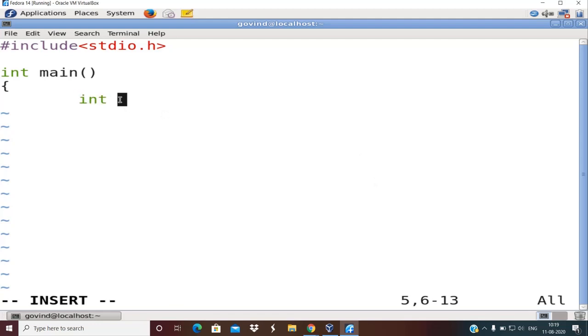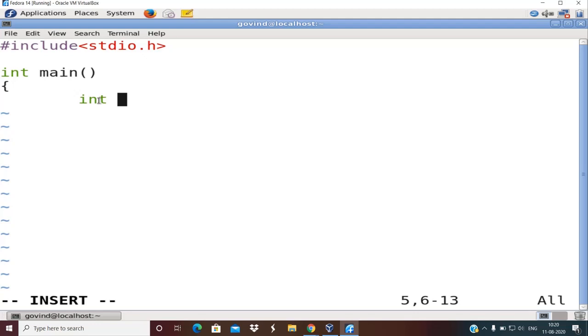There are actually four fundamental data types available in C: int, char, float, double, and optionally there is one more called void. So there are basically five fundamental data types, and out of them the most used ones are four: int, char, double, and float. int refers to integer data type, float and double refer to floating point data types, and char refers to character data types with which you can store the alphabets or any character that you can type from the keyboard.